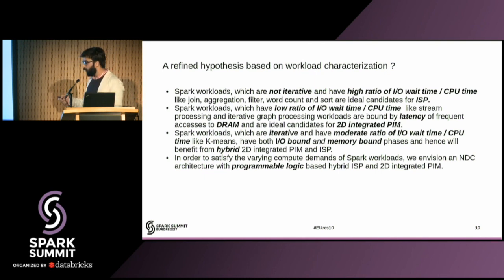And if you read the paper, we also see very varying compute demands for different Spark applications. And the question is how you can match those varying compute demands. For some applications, it's 20%. For some applications, it's 80%. The question is whether putting 1 or 2 ARM cores in the memory would help or not. And I think it wouldn't help. What I am suggesting and proposing is that we should have programmable logic, which means hardware accelerators in the DRAM and hardware accelerators in the storage.